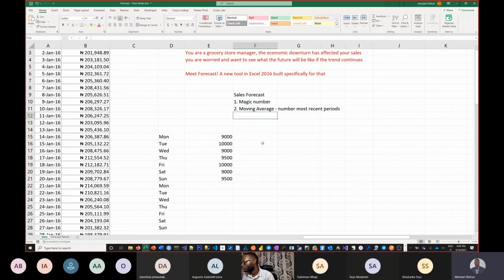So those into stocks and forex trading will be familiar when they say signals, and they say, oh, the 30 days moving average, the 60 days moving average, the 5 days moving average. But now, forget about that one, because sometimes we use it and you don't know that that's the same thing that you are using. So here now, if I'm deciding to use, say, maybe a 7 days moving average, that